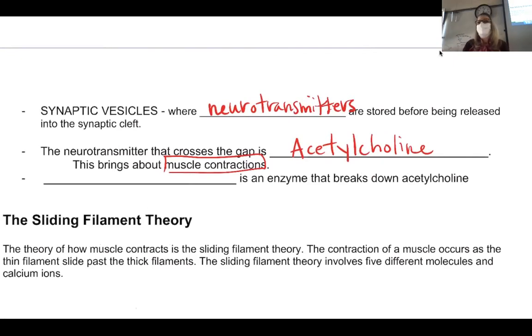All right, let's go back to bio. Oh God, sophomore year, hated it, unless you had me. Okay, here's the deal. What do all enzymes end in? Do you remember this one? I hear you. Did somebody say ASE? ASE means it's an enzyme. So the enzyme that breaks down acetylcholine is actually called cholinesterase.